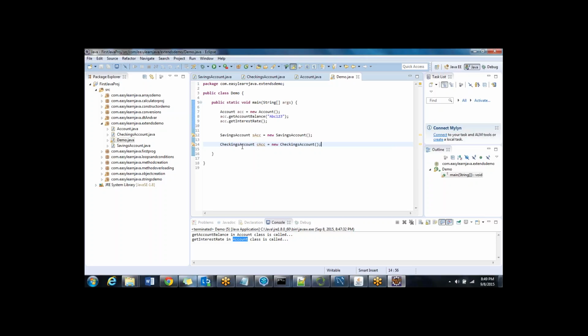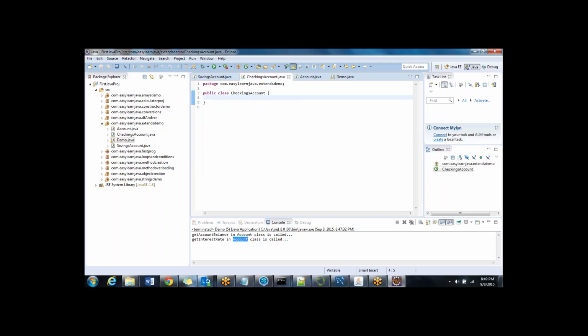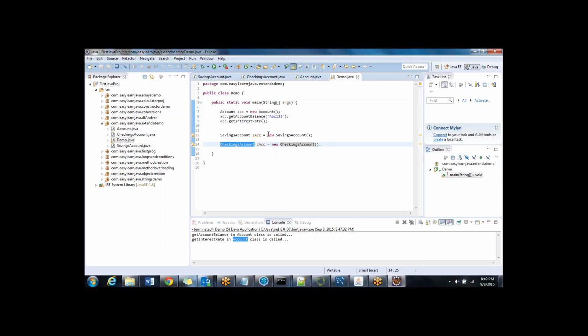Okay, that's good. So the answer is 0. CheckingsAccount is a class again which did not extend anything from anywhere. So right now I don't have any custom method that I have written that I can call. So the answer is 0 again. Okay. Now before I go to the next scenario,